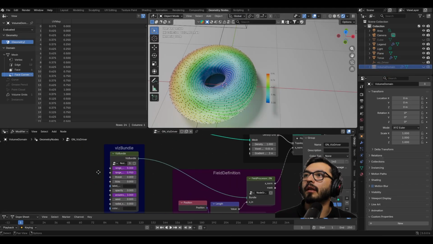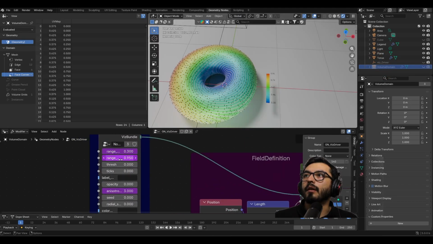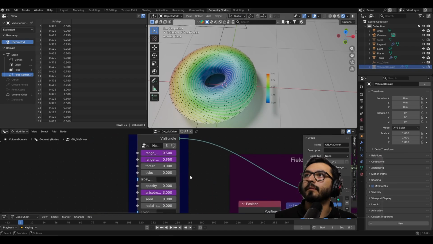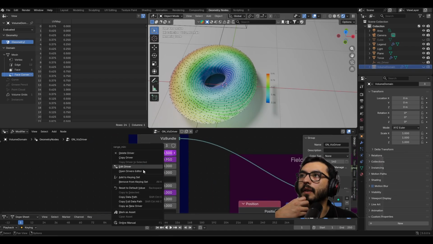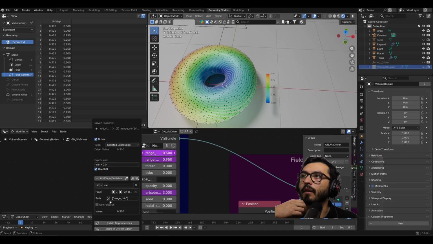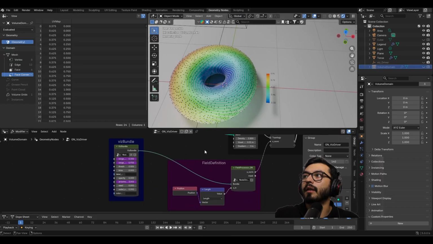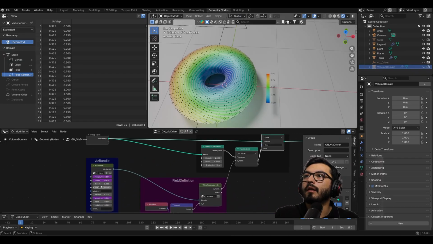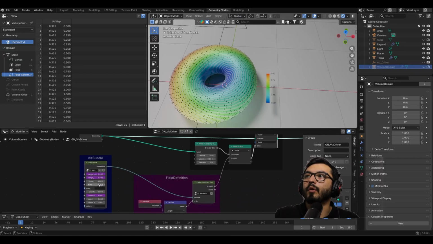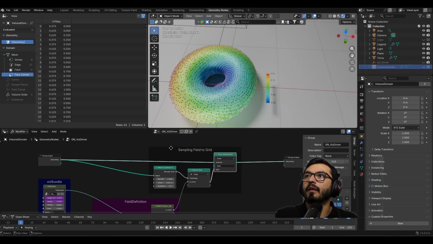We see that here, all this magenta color means that we have already added the driver. And you see this is the variable that I'm placing here, and also here I can add, for example, ticks. I didn't add them here because I don't need to have control of the ticks, or I'm not using the ticks in the volume